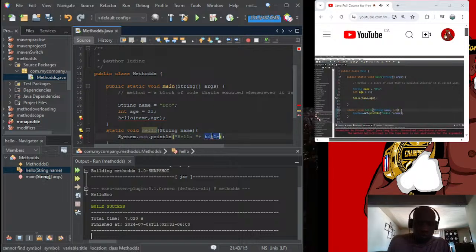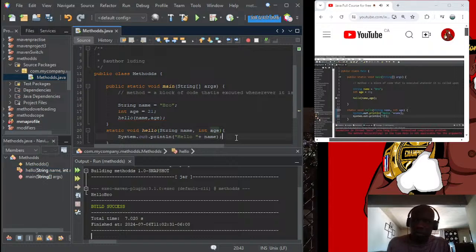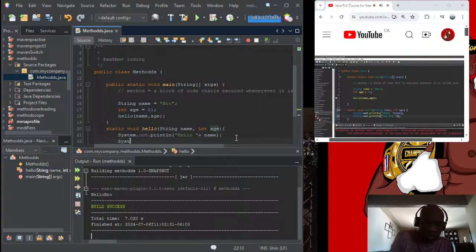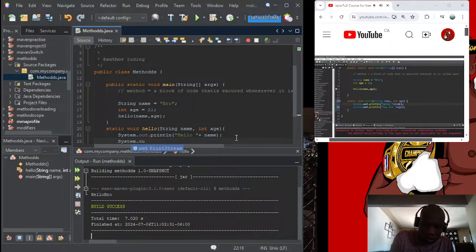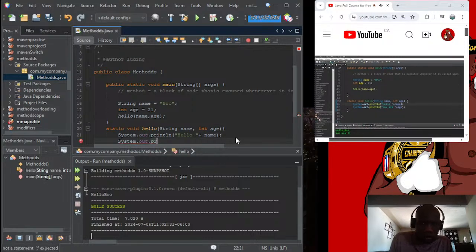So we need an integer, and we will call this age, and then we can use this age variable for something. So within another print line statement, let's display "You're" plus age. And now this will work because we have a matching set of arguments and parameters. And before we